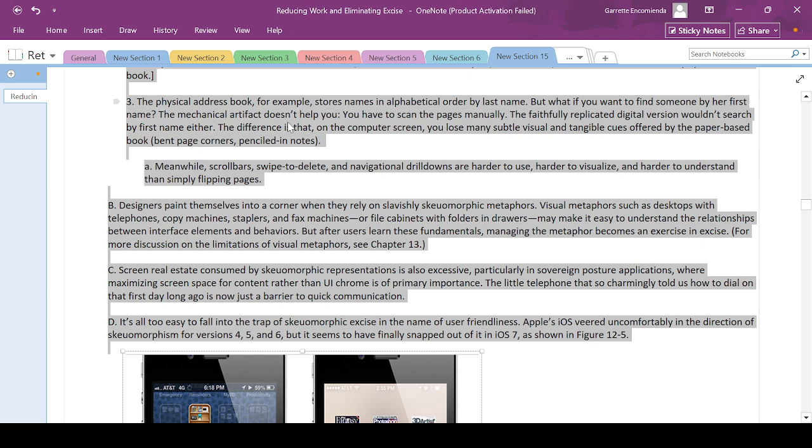The mechanical artifact doesn't help you. You have to scan the page manually. The faithfully replicated digital version wouldn't search by first name either. The difference is that on the computer screen, you lose many subtle visual and tangible cues offered by the paper-based